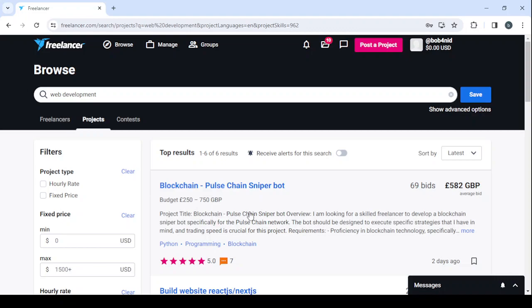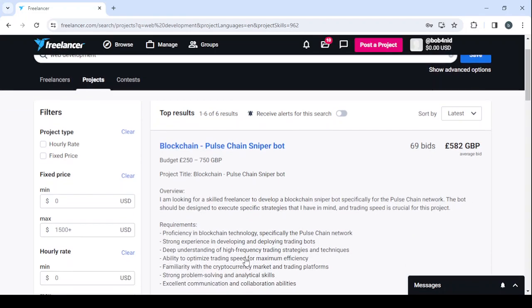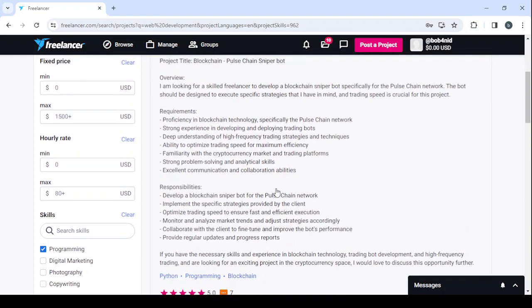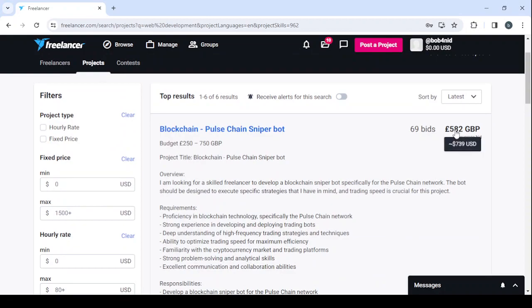Project title: blockchain pulse chain sniper bot overview. I am looking for a skilled freelancer to develop a blockchain sniper bot specifically for the pulse chain network. The bot should be designed to execute specific strategies that I have in mind, and trading speed is crucial for this project. Requirements. So you can see all the things that are related to the project in here, and you can also check the money that you're getting paid in this project,